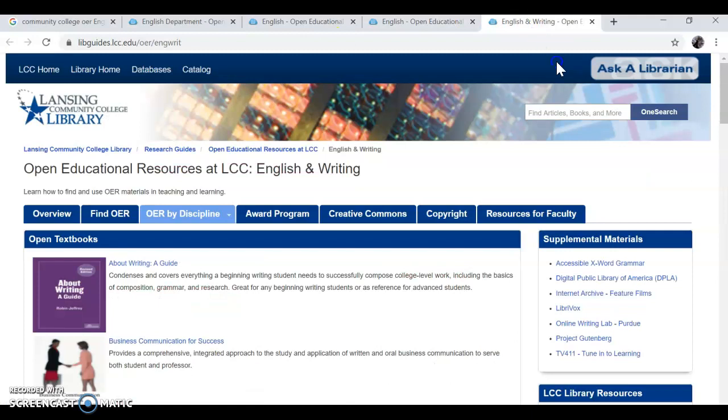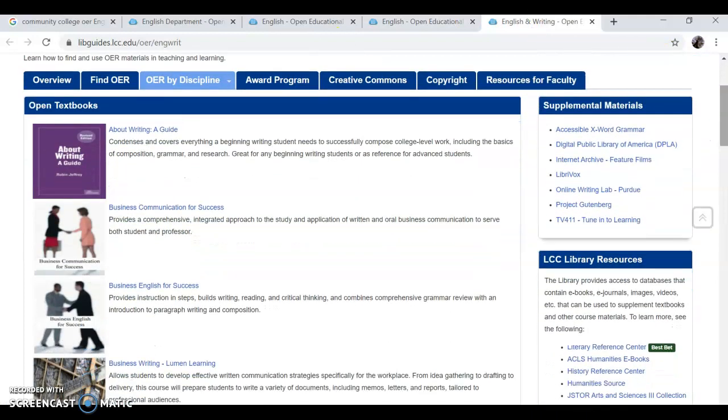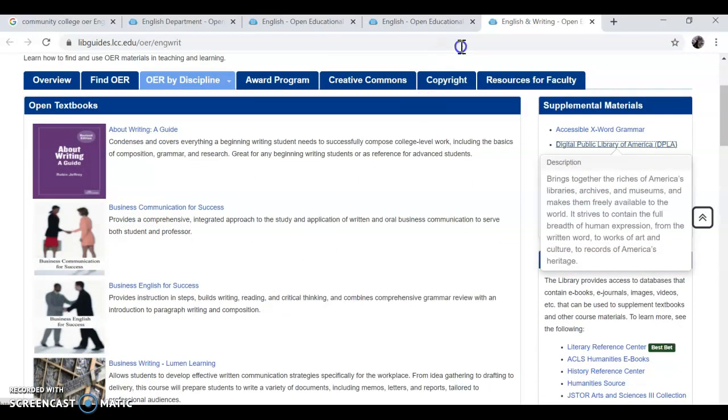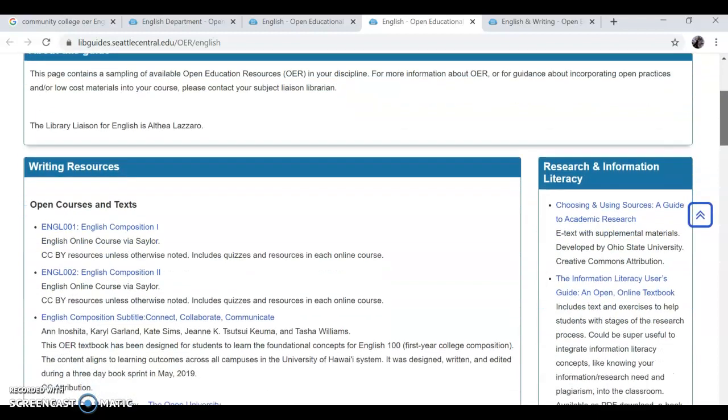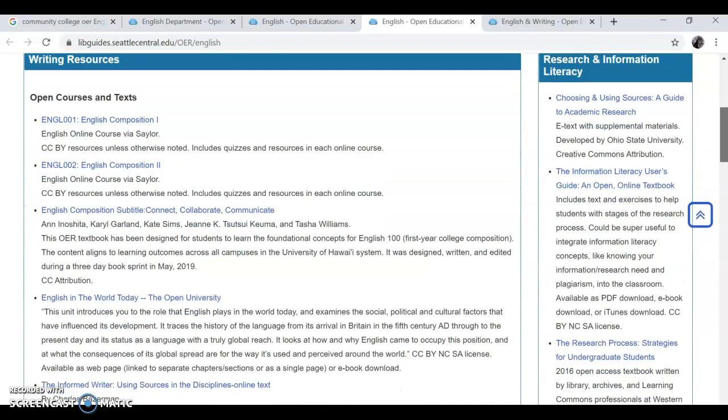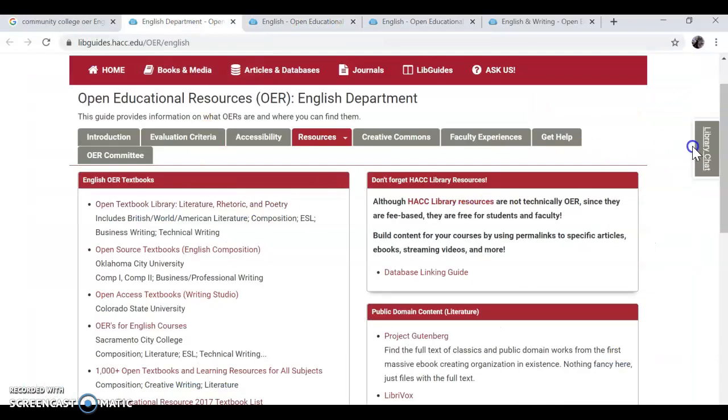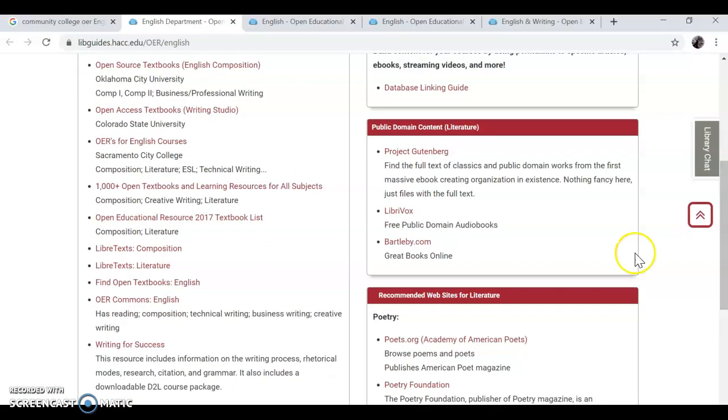This one over here links directly to some textbooks. Let's see. Well, anyway, they all look a little different. I am going to then drill down right here